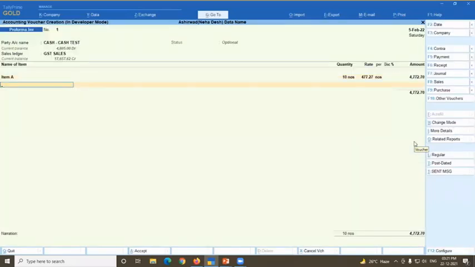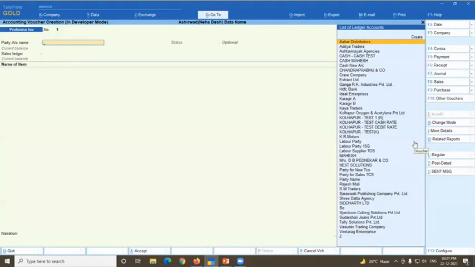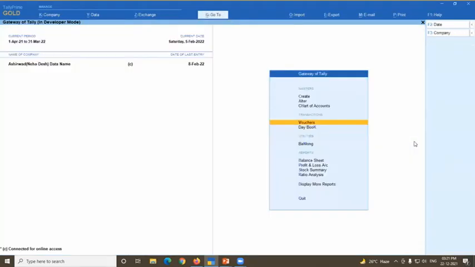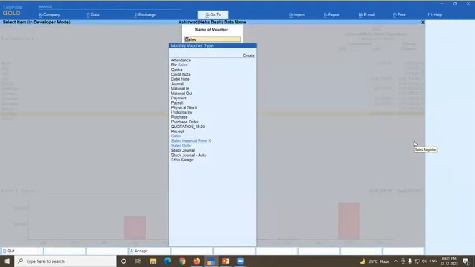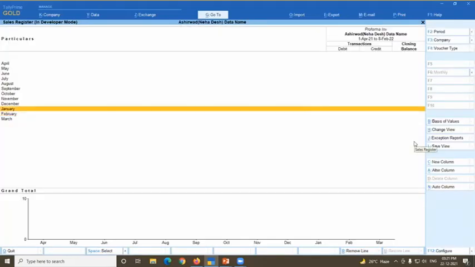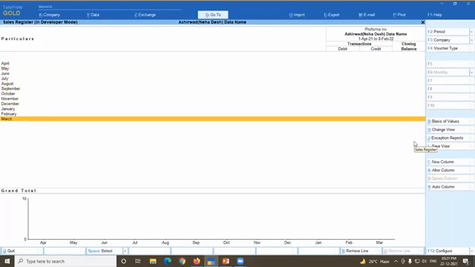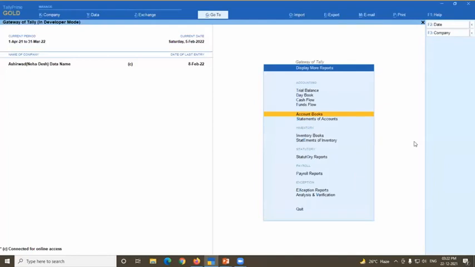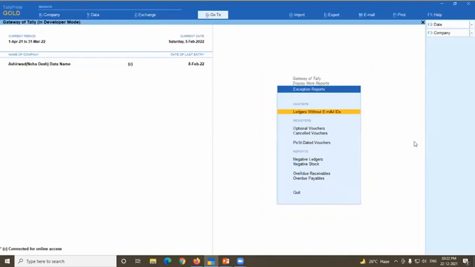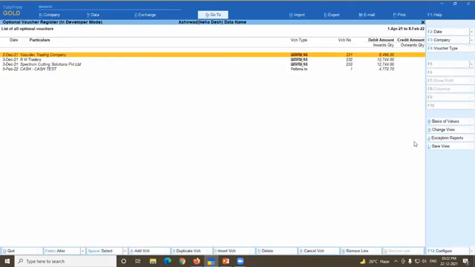So let us take this example. If I show you display account book, sales register, there will be no sales invoice for the pro forma invoice. So that is not impacting my books of accounts. But you can see optional vouchers from display, exceptional vouchers, and optional vouchers.